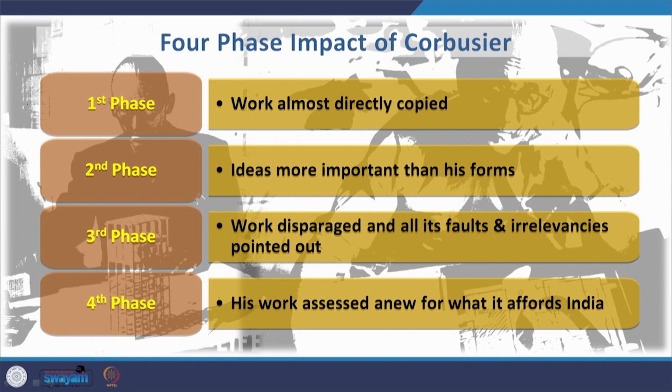Now there is a 4-phase impact of Corbusier on modern Indian architecture. The first phase was when his work was almost directly copied. The second phase was when his ideas were more important than his forms, and therefore his work was interpreted. The third phase was a critical phase, or rather a criticism phase, where his work was disparaged and all its faults and irrelevancies were pointed out, and there are many points on which there is very reasonable criticism of his work. The fourth phase has been when his work has been assessed in a new way for what it affords India